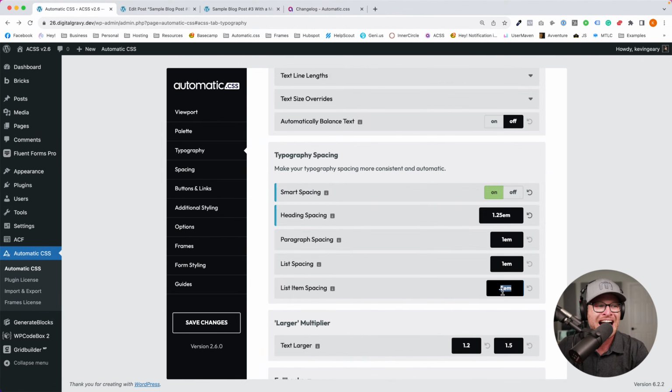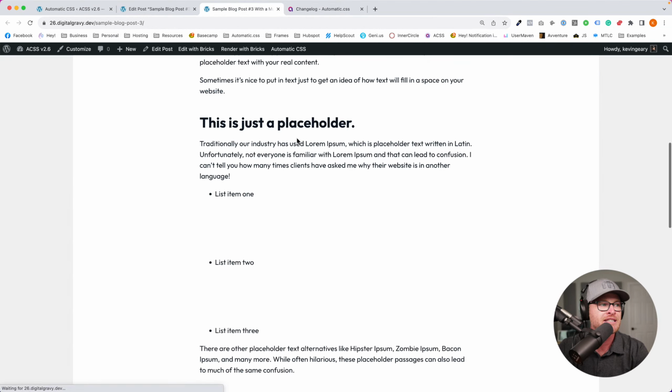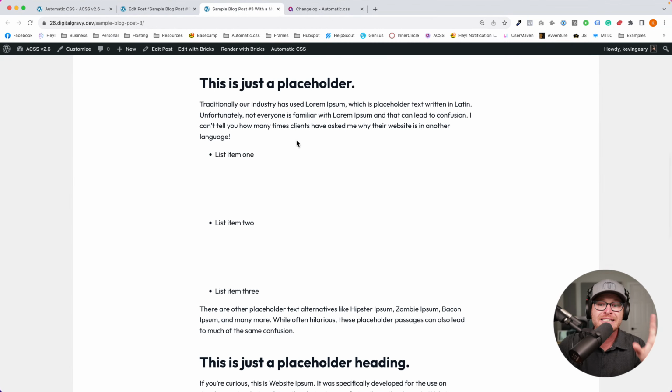And then list item spacing does as you would think now. It's actually going to cause the spacing to happen within the list items. Notice that it's still smart. It's not putting the spacing at the beginning of the list item or at the end of the last list item, because neither of those have adjacent siblings above or below them. The only thing that has spacing is the second one, and the third one has something above it, so it's going to apply the spacing in those two places.